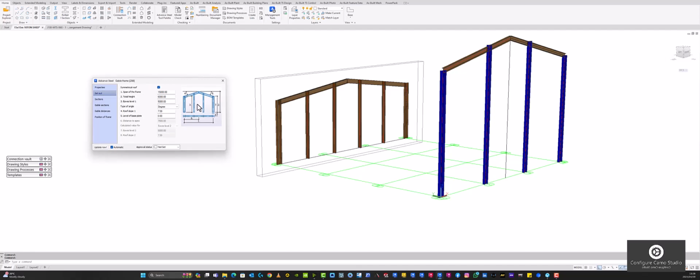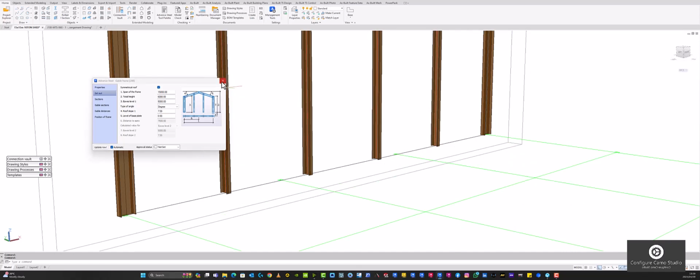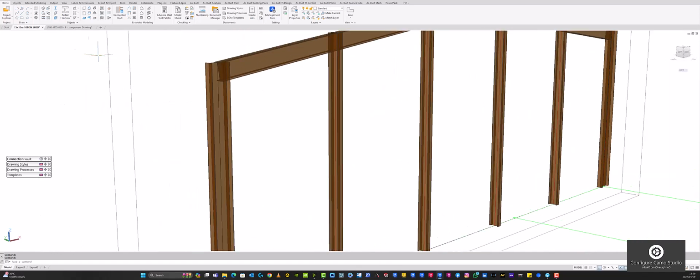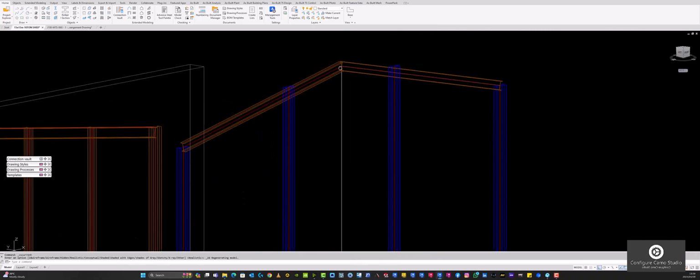I need to make something clear regarding this method. All right, so now this method, what it does is your rafters, the axis of your rafters is going to be on the top flange. For example, let me just close this and change our visual style to 2D wireframe. All right, now if you check the method that we used,